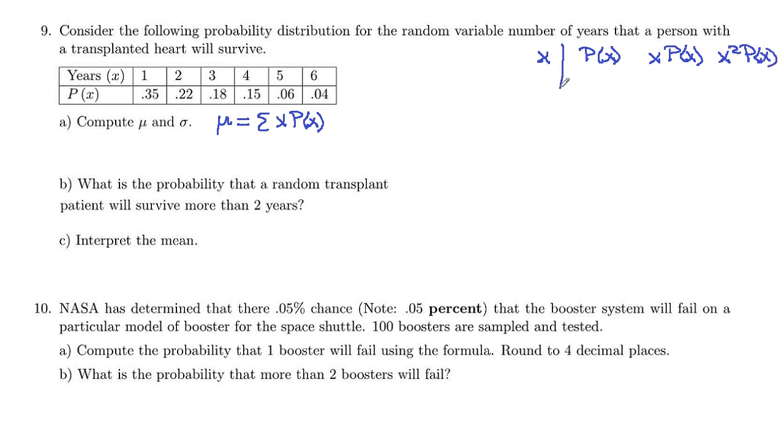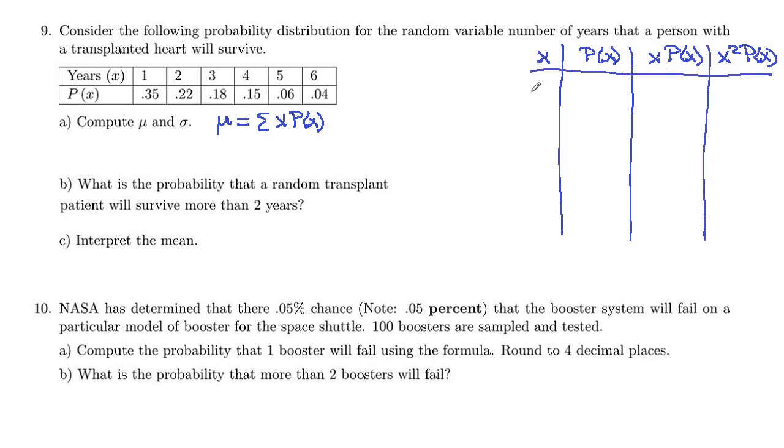So remember, that's called our extensions table. So our years 1 through 6, and our probabilities,